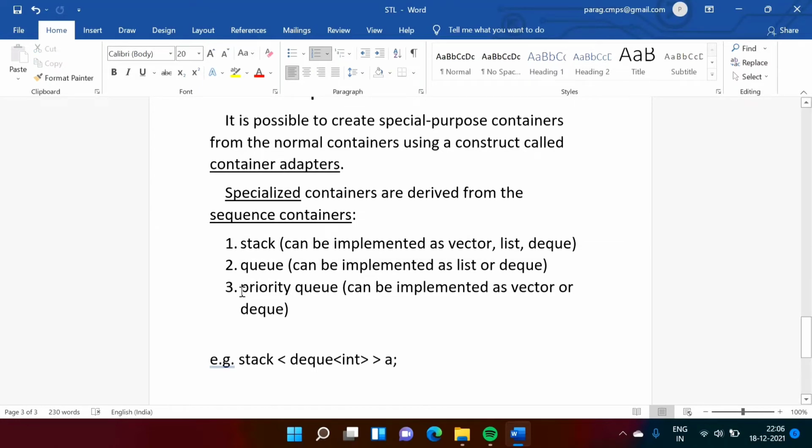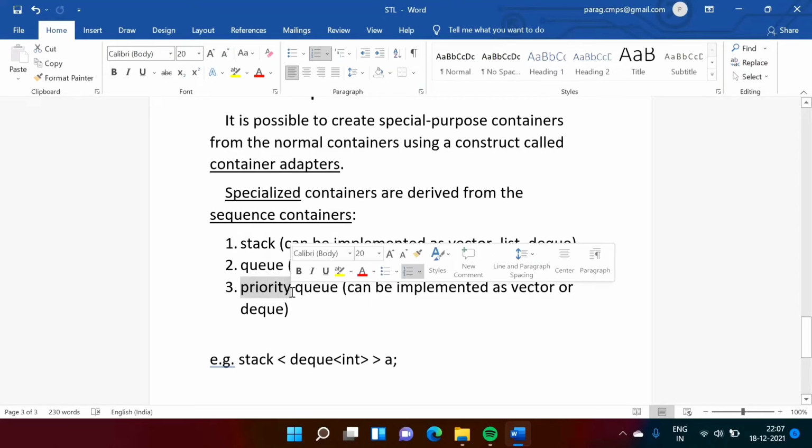Now see priority queue. It is just similar to queue, but there is one major difference. For insertion it is the same, so elements get inserted randomly from one end. But while removing, in a queue the first element that was inserted gets removed first. In a priority queue, while removing, the elements get sorted, and after sorting, whatever element is at the removing end gets removed, and that's why it is called a priority queue.